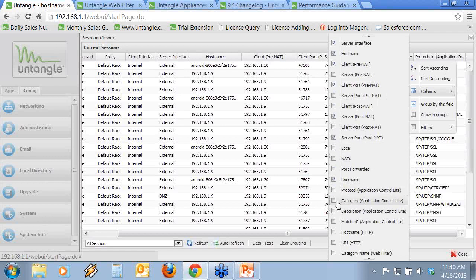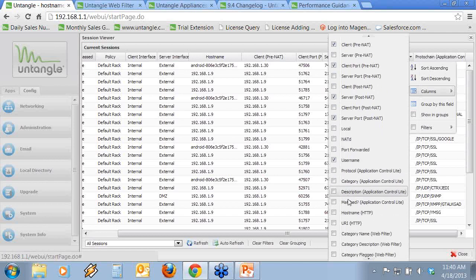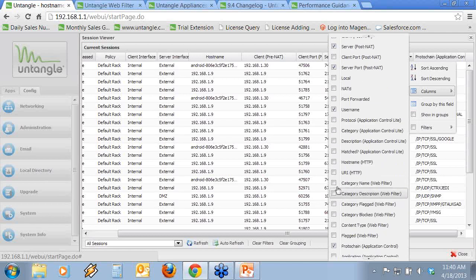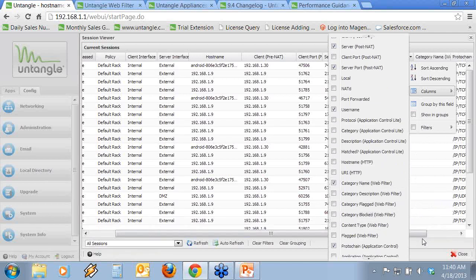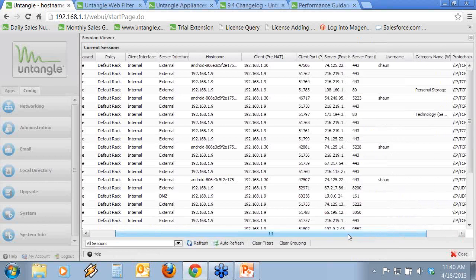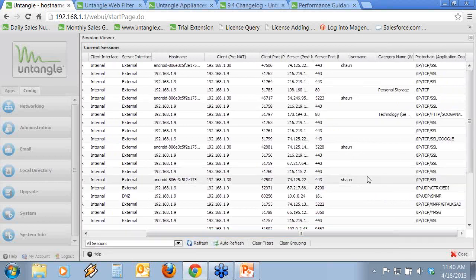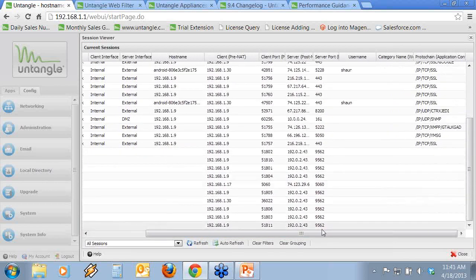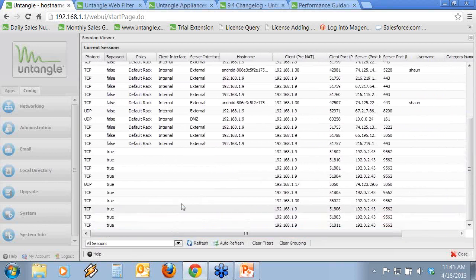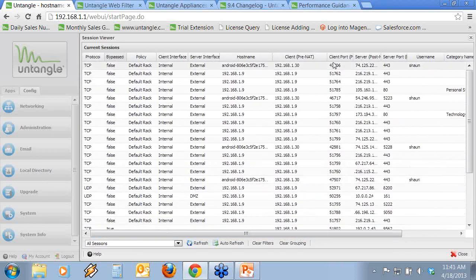Maybe I want to see what the application control category is, or the web filter category. So you'll see that the category name was added. And this is all based on information that's happening right now on the network. Okay, so there are quite a few different things in the session viewer that you can actually take a look at